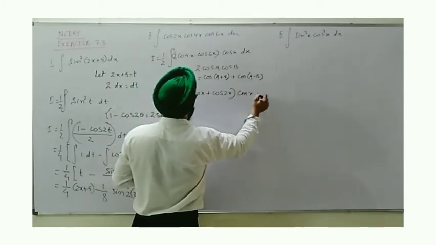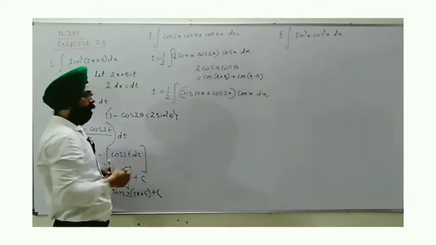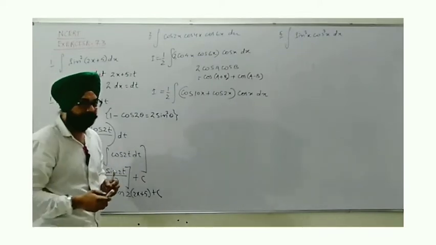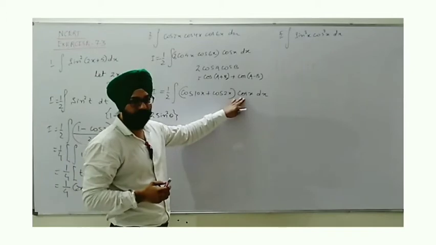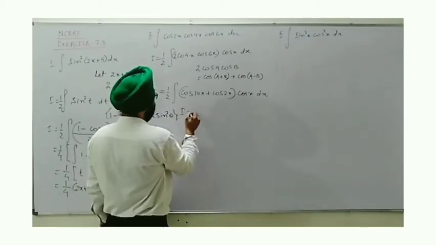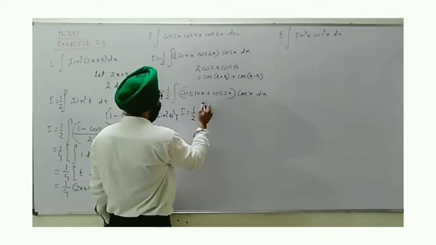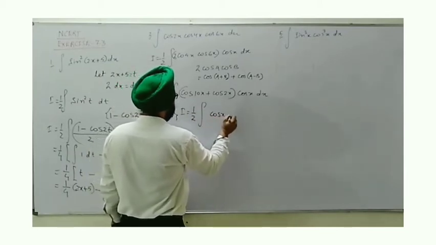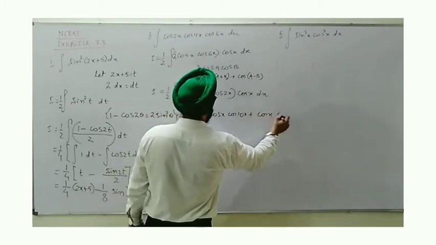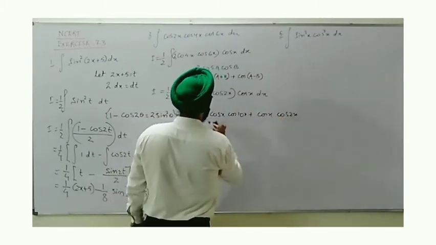Now you can see what is the change. The product has been converted into expanded form, addition or subtraction, so that we can integrate the terms separately. Now this cos x is remaining. So once again we take cos x in the bracket. We see its integration is equal to the integral of cos x cos 10x plus cos x cos 2x